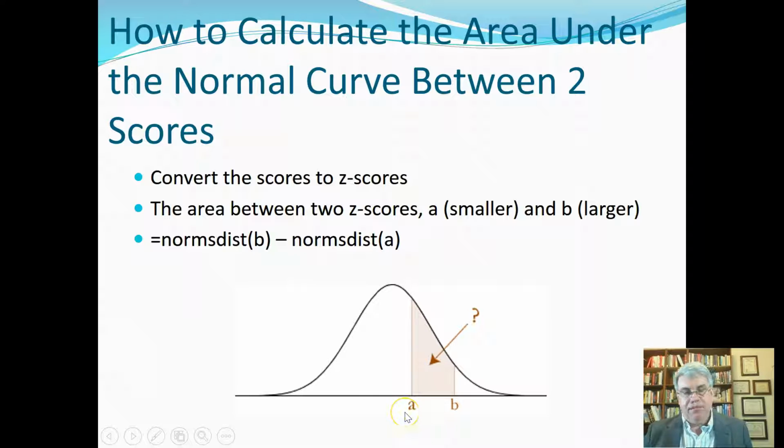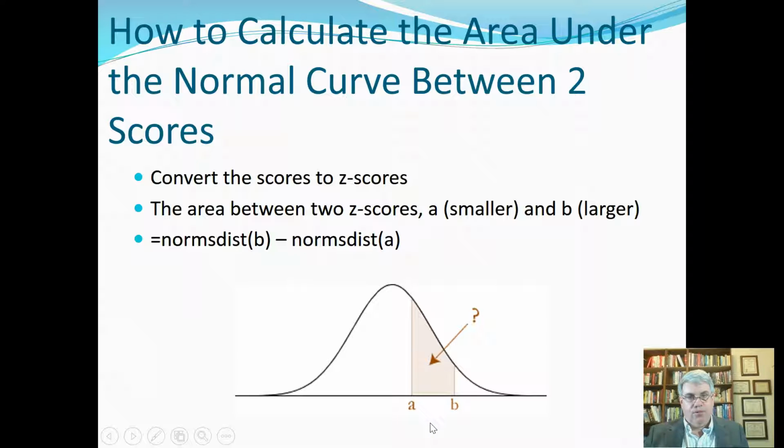B is a lot higher than A. So maybe this was a test where the average score was 80 with a standard deviation of 10. A looks like it might have been 85 and B looks like 95. So the question might be: what percentage of people got between an 85 and a 95? That's what we want to be able to do, is calculate this area, which will be the percentage of people